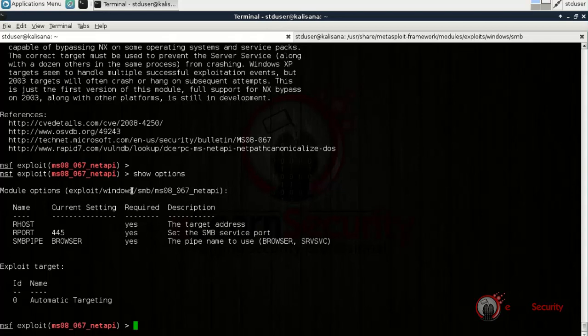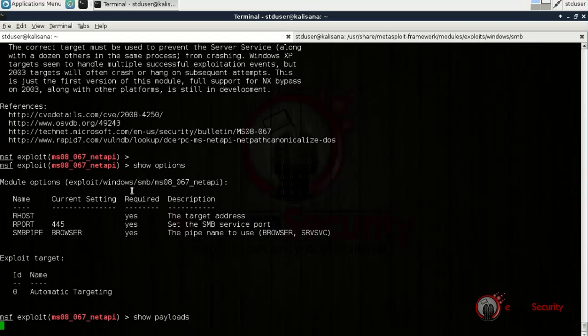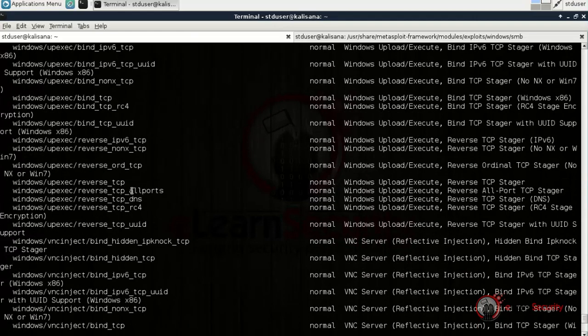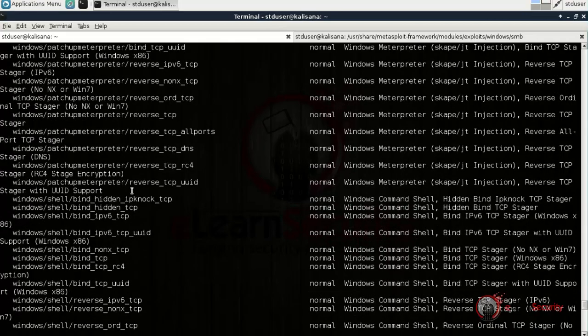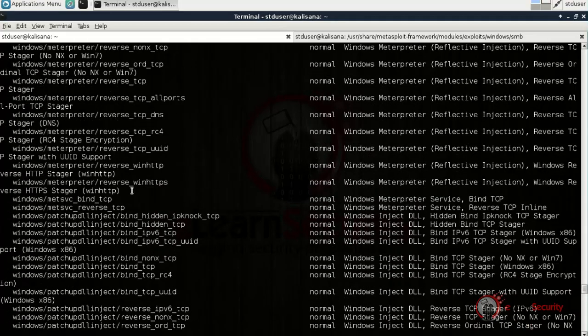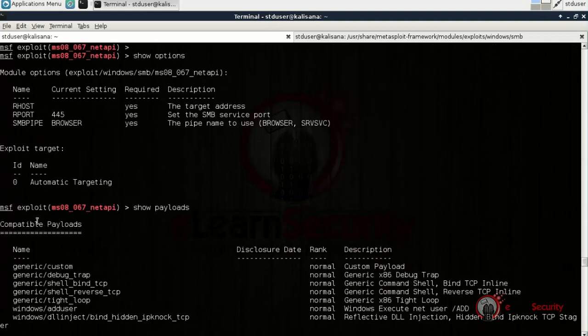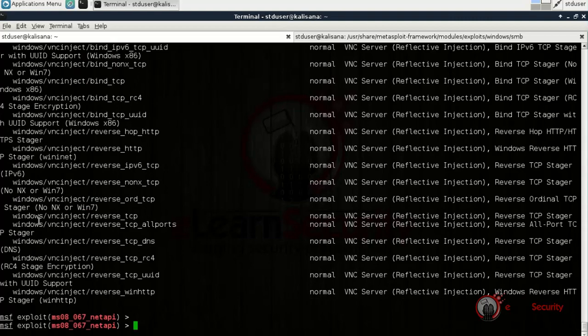The third option is SMBPIPE. This is an option we will not see in all the exploits since it is specific to this one. As you already know, different modules might have different payloads. In order to see all the available payloads for this module, we can run the show payloads command. Notice that since we're within a specific module, Metasploit lists only the payloads available for the specific exploit. Here, since the exploit targets Windows machines, Metasploit will not list Linux and other payloads that will not work